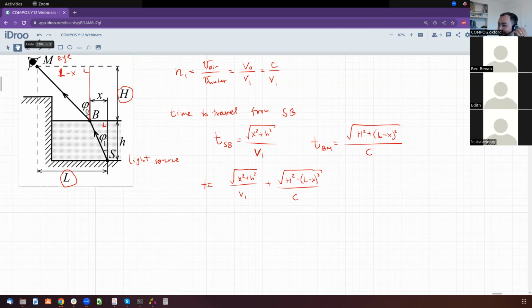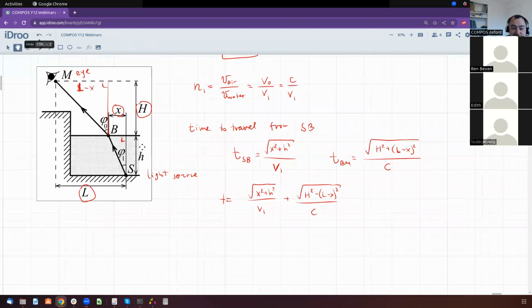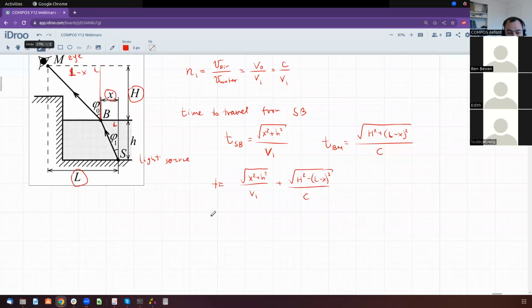Yes, beautiful. Thank you. So we differentiate with respect to x, of course, because x is our variable. We're choosing where the light will hit the boundary. That is, we're choosing x. X is our variable. We differentiate with respect to x. So dt dx